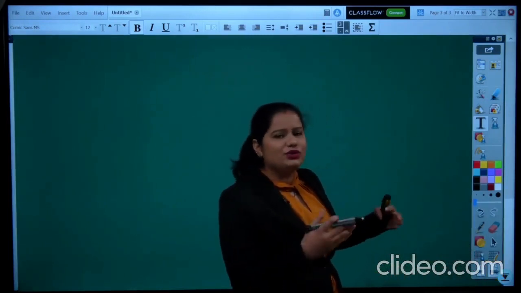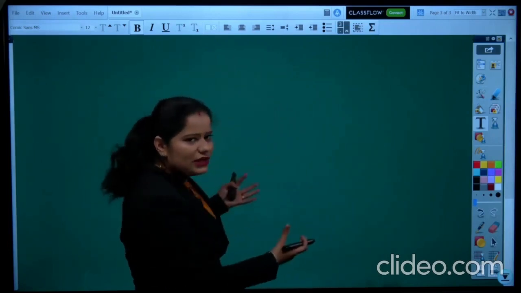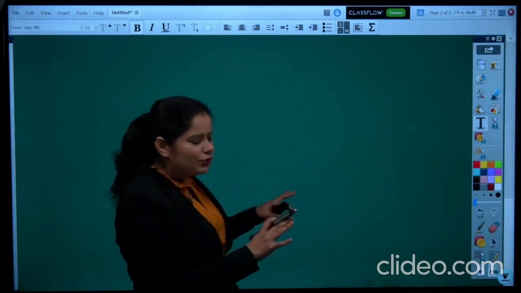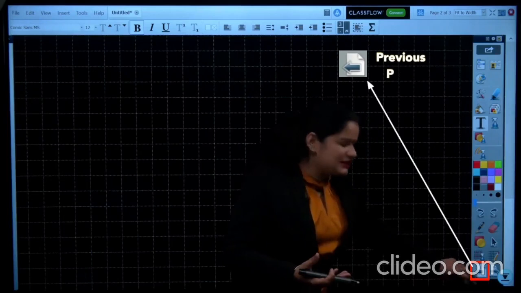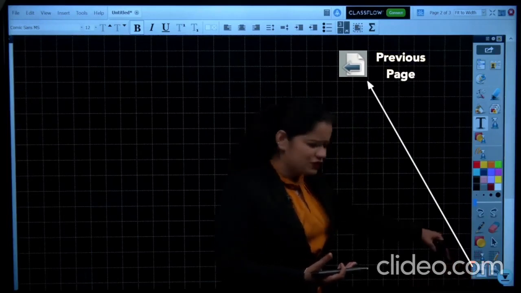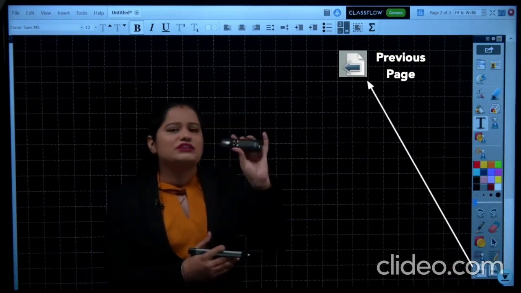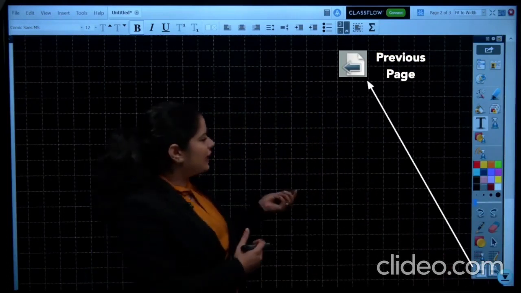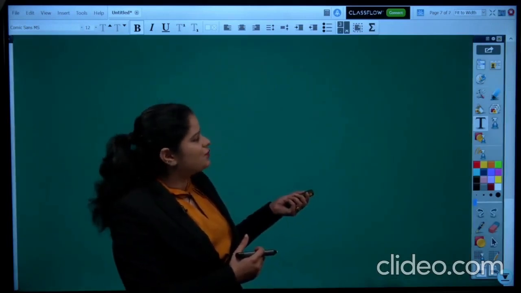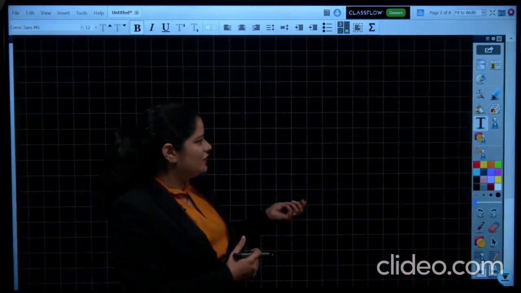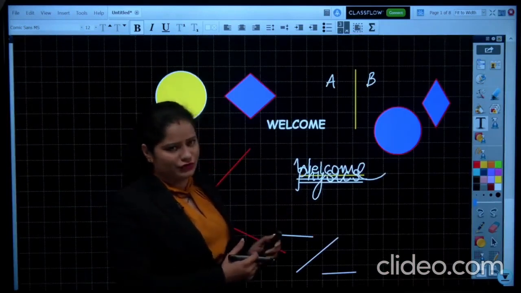You again need to recreate the page as per your choice. Whatsoever the color you want over here, the background you want, you can change it. If you want to go to the previous page, just click on this arrow. So this is for the previous page, this is for the upcoming page, or you can use a switcher as well, as I am using right now. So this is the first page, the second one, and upcoming pages will be like this.